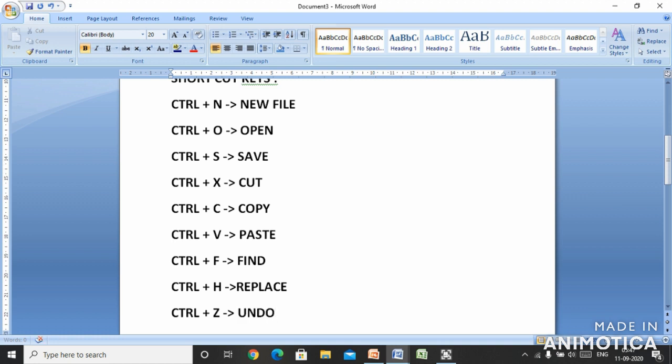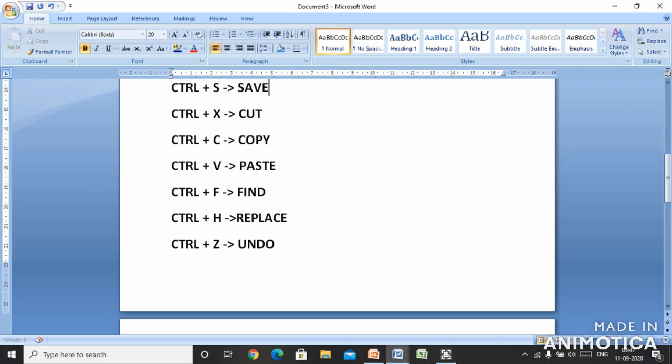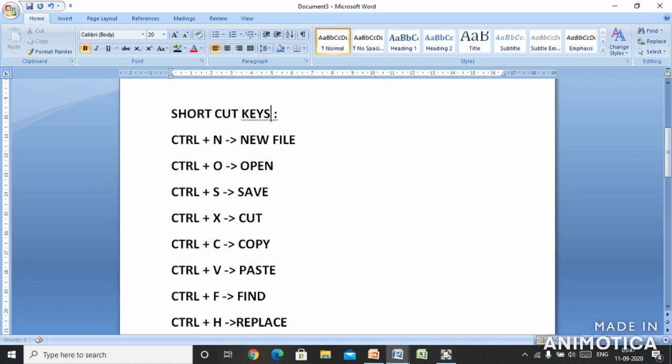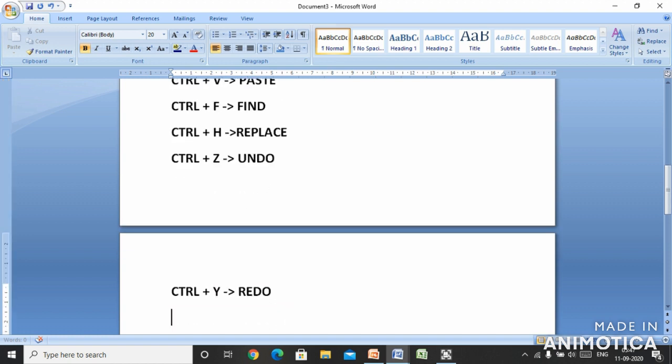Anything you don't want to happen, you can press Control plus Z. Control plus Y is meant to redo any action, suppose by mistake I have deleted any text. So this was, children, a small shortcut keys section to help you while working on your Word document or PowerPoint or wherever you want to perform your action. So this will help you, children.